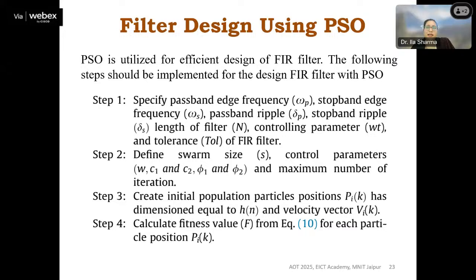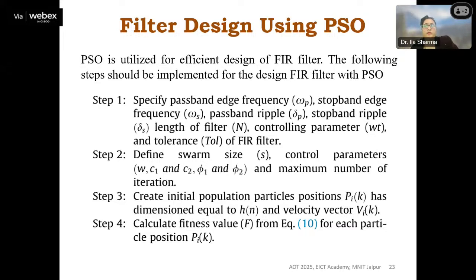And my task is that every time, the first coefficient set will be given. The magnitude response will be calculated, and the error will be calculated and stored in another matrix, the p-best value. Fine. The second coefficients will be taken out, the magnitude response is computed, and again the objective function is compared. The compared error value will be given to another matrix, the second p-best. Then again and again, it will iterate.